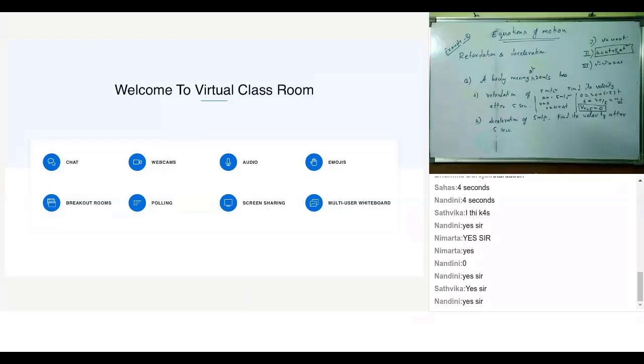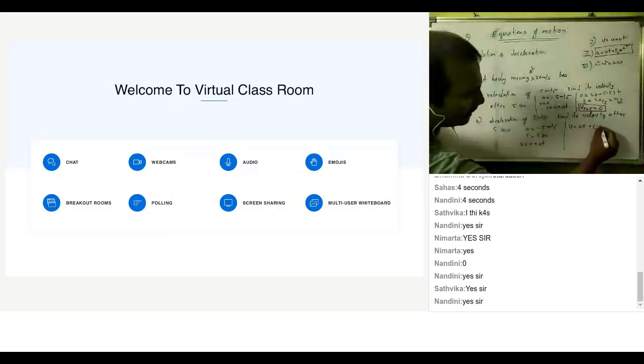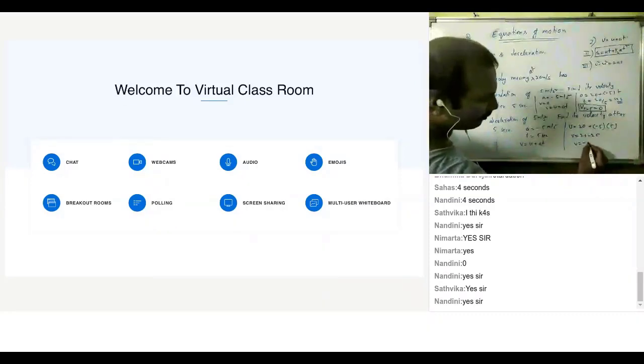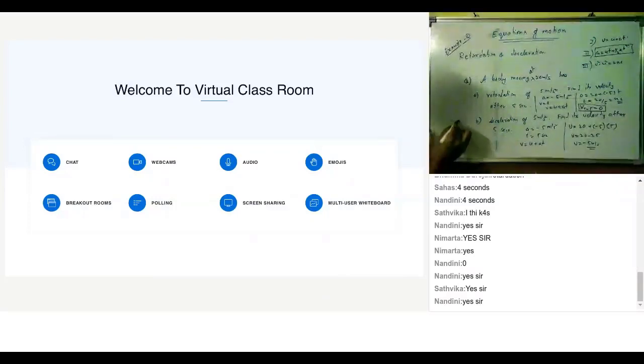Now we are coming to the second part. What is the acceleration? Deceleration is minus 5. So I can write a equal to minus 5 meter per second square. Time is 5 seconds. I want to find velocity. I can use the formula v equal to u plus at. Substituting, u is 20, a is minus 5, t is 5. We get v equal to 20 minus 25, v equal to minus 5 meter per second. So what does minus 5 meter per second say? If the initial velocity was 20 meter per second in this direction, the final velocity is 5 meter per second opposite.